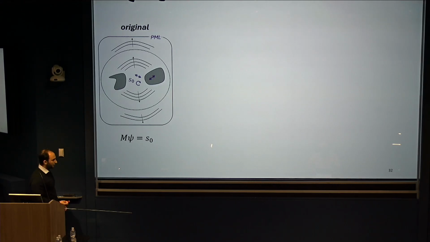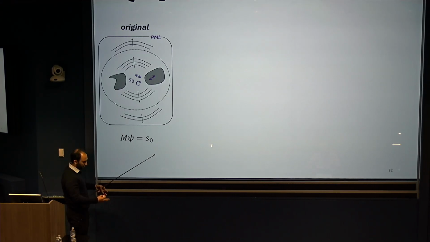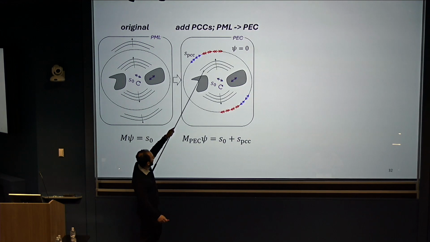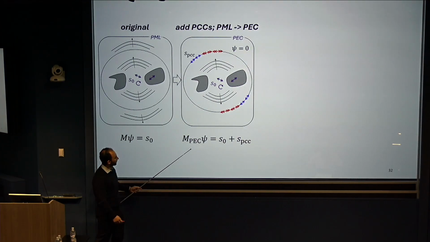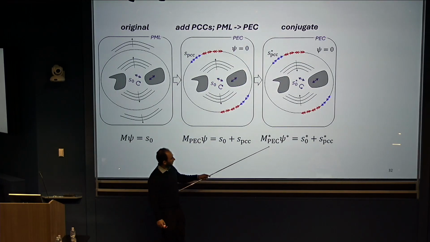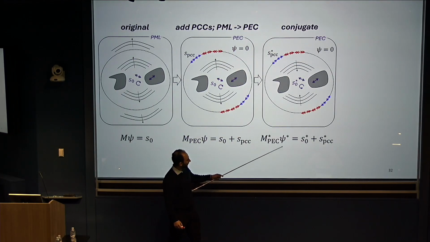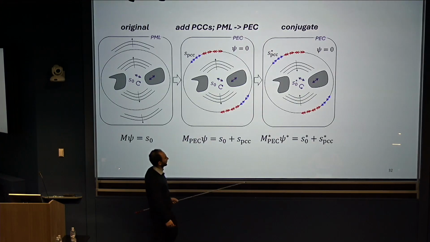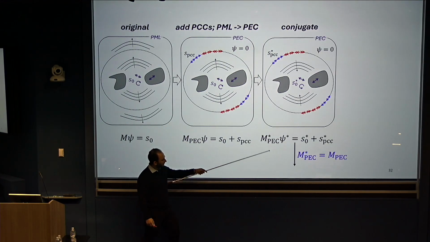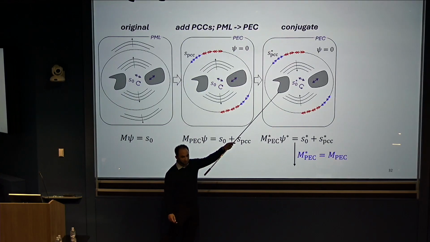All right, so now we can actually analyze this phase conjugate field process using perfectly canceling currents. So you start with your original problem. You put the perfectly canceling currents down, you put your perfect conductor down, you rewrite Maxwell's equations in this way. Then you just conjugate everywhere. So now I have the conjugate of my Maxwell perfect conductor operator, conjugate field, the conjugates of the sources on the right-hand side. And now the key idea is I can replace this by time reversal symmetry with the original one, as long as just the materials are time reversal symmetric.